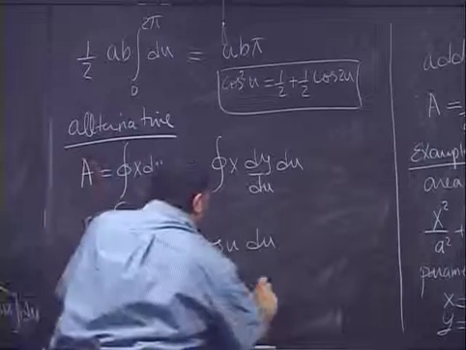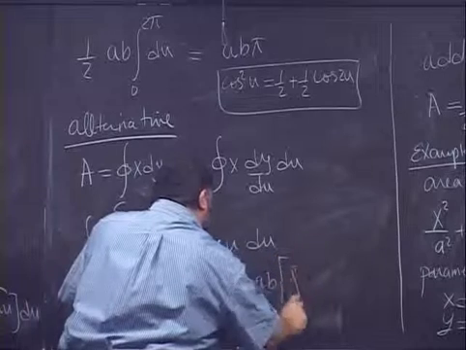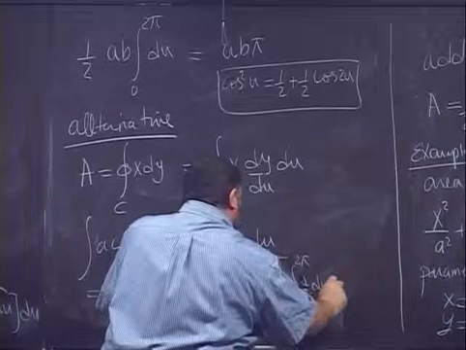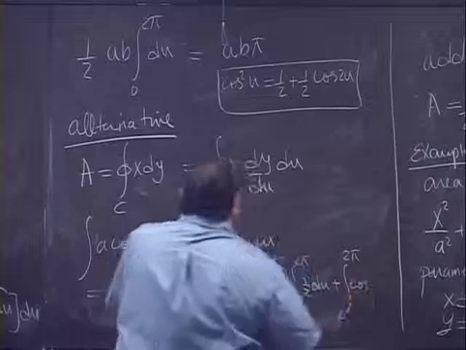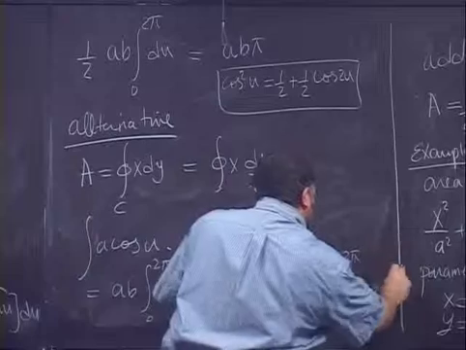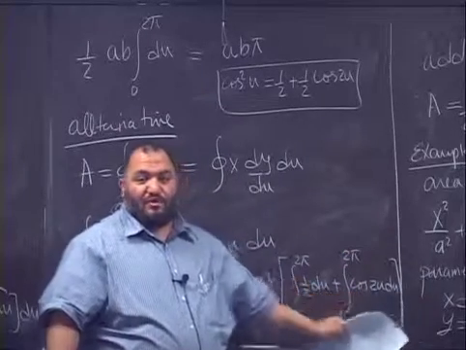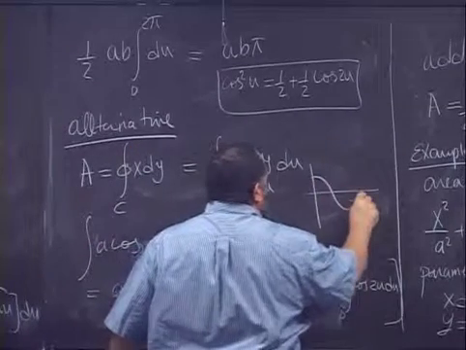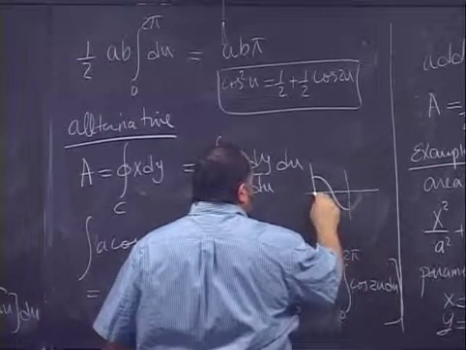So this will give me ab, and I will integrate from 0 to 2 pi of 1/2 du plus from 0 to 2 pi of cosine 2u du. What's this integration? When you integrate a cosine function over a full period, or a sine function,